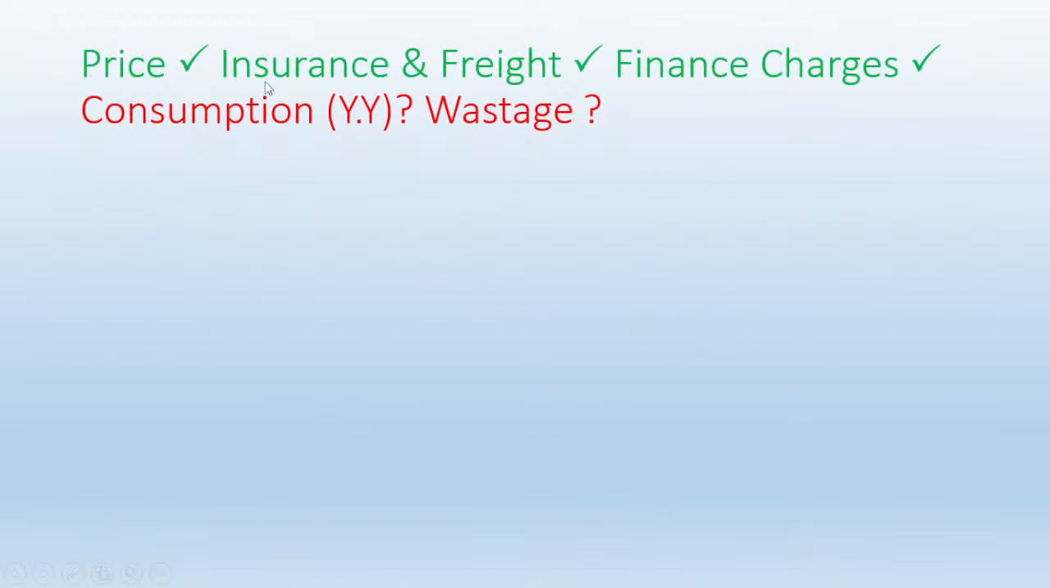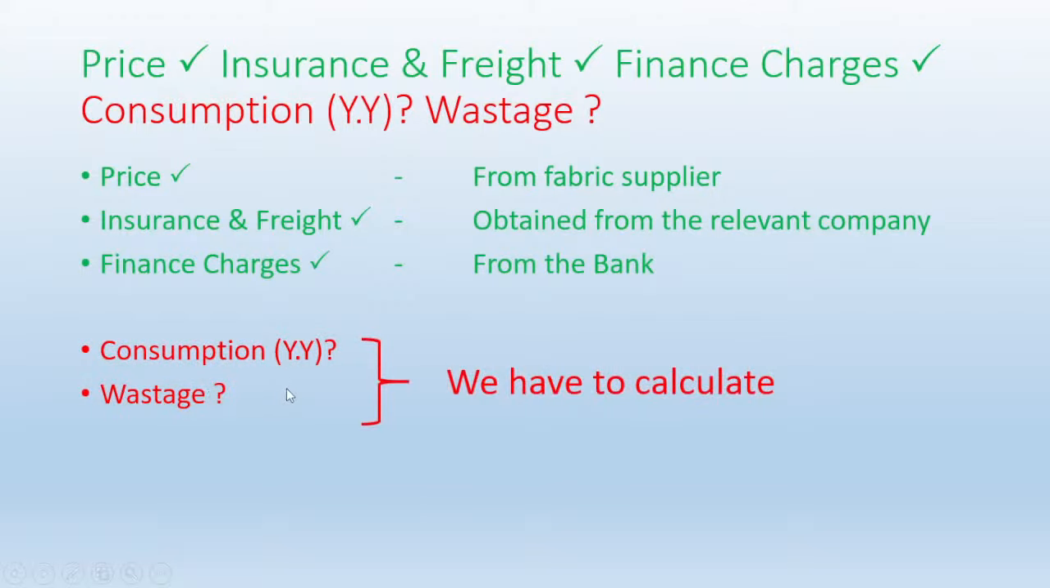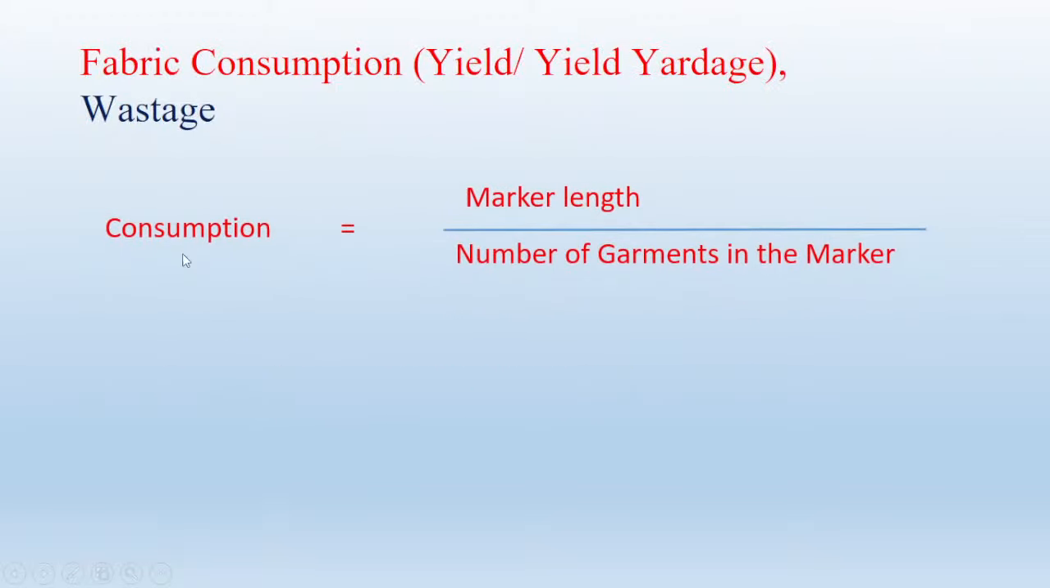How do we calculate this cost? Now, price, insurance, freight, and finance charges, consumption, and wastage. The top three, price, insurance and freight, we can get directly from the supplier, the shipping company and insurance company, and finance charges from the bank. We don't get involved there, but when calculating consumption and wastage, we have to do that in our factory. So how do we calculate? Consumption,